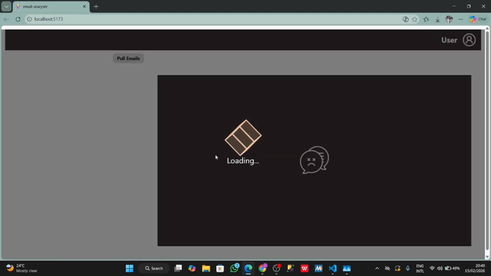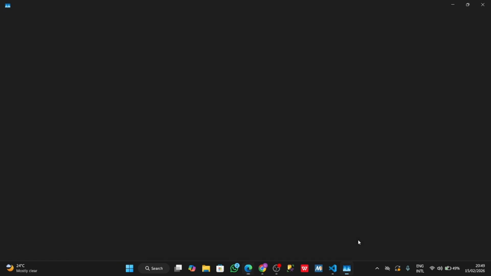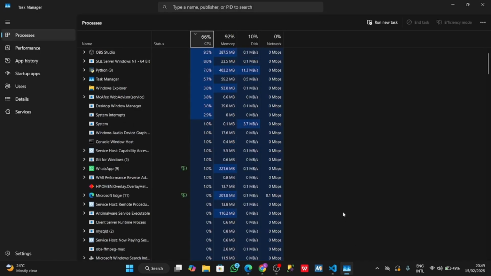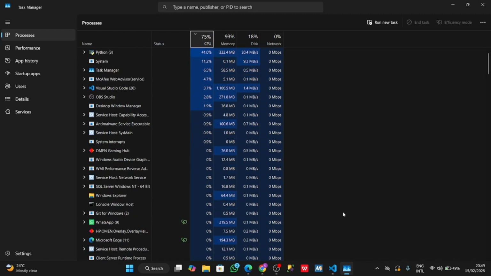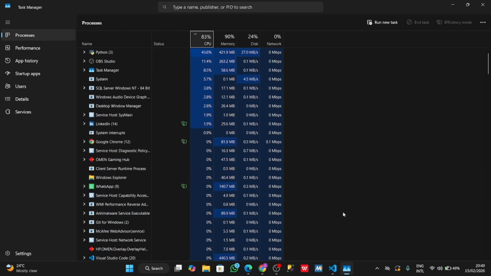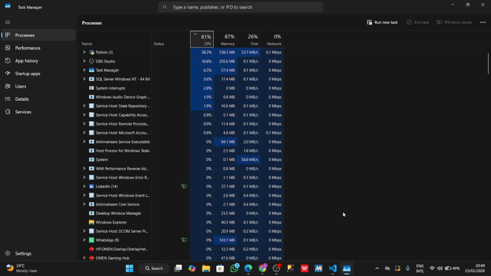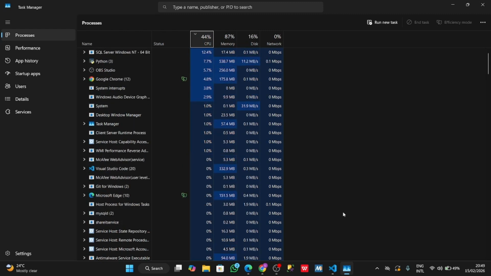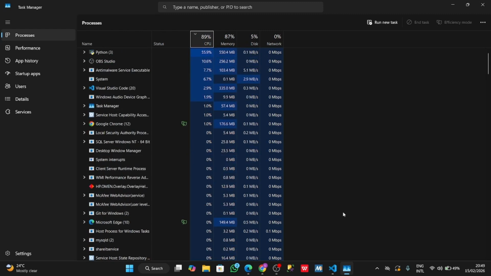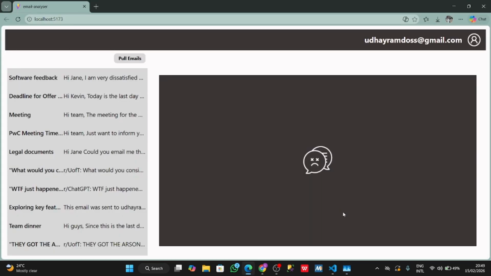Since my code is running on a CPU, not a GPU, I've closed most of the tasks so that I can dedicate the maximum percentage of my CPU for the AI. If we wait for a bit, we can see that when the AI starts running, the CPU usage spikes up. As you can see here, it's up 75%, now 88%. This is because the AI is processing the data. Once it's done processing, the CPU usage should normally go down a bit. As we can see, the trend of the CPU usage is going down. This usually means that our AI has already processed the data and our emails have been loaded on the front